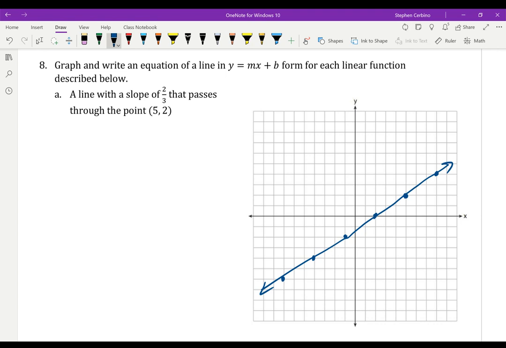Now notice the y-intercept here is not a nice number, so we have to use that form of the equation of a line that we learned in lesson 3 and 4 to find this equation of a line in y equals mx plus b form. So I'm going to plug in my slope, my h, and my k. If I distribute,